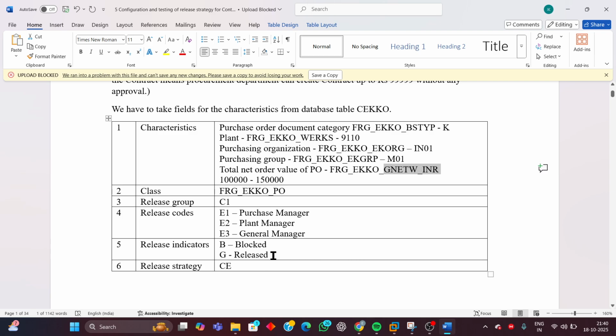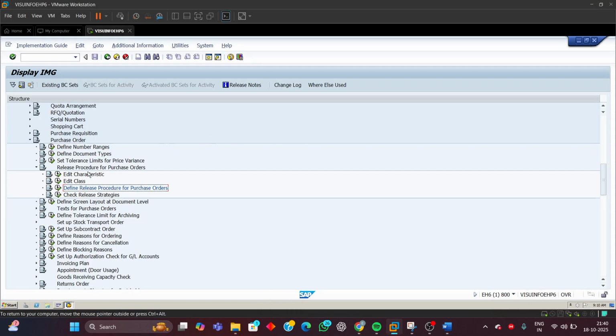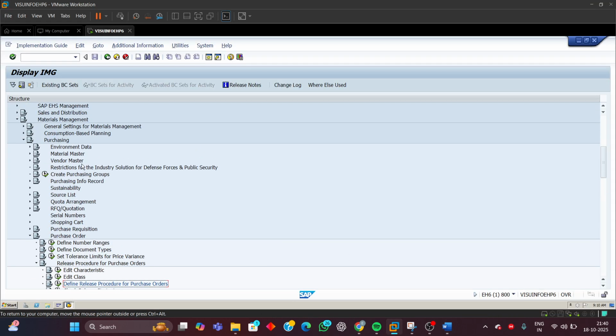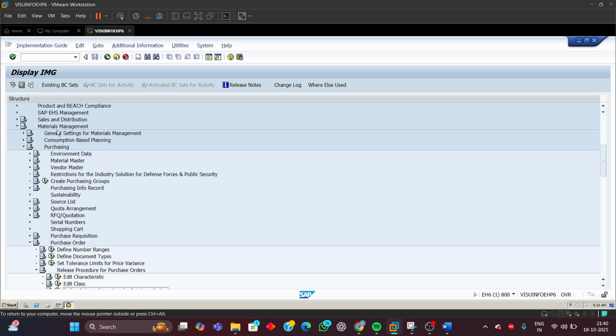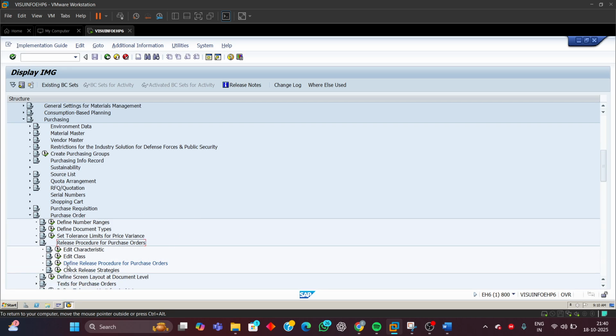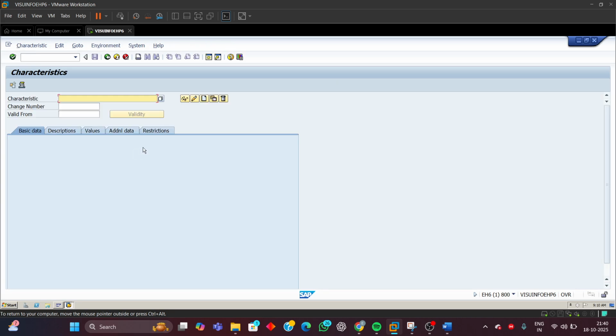First we will create the characteristics here. Let me go to the configuration. We know very well, this is the configuration path. In SPRO, Materials Management, Purchasing, Purchase Order, Release Procedure for Purchase Order, Edit Characteristics. Here, what are the characteristics? The first characteristic is